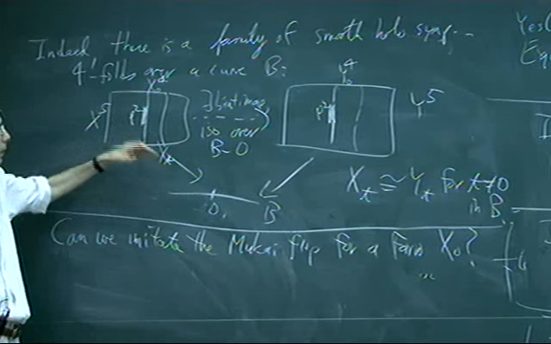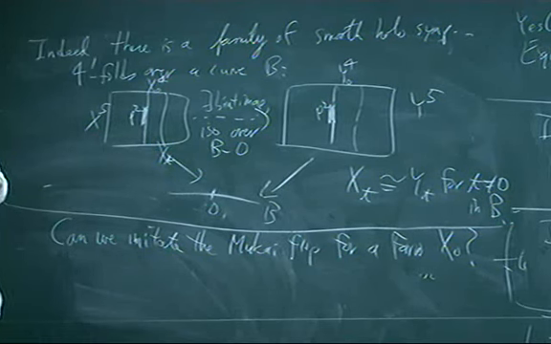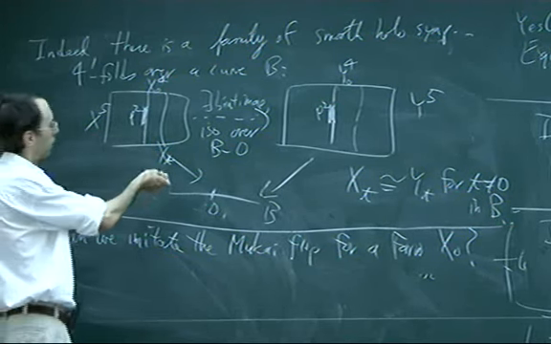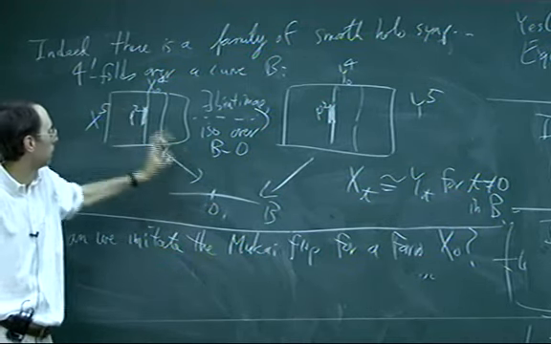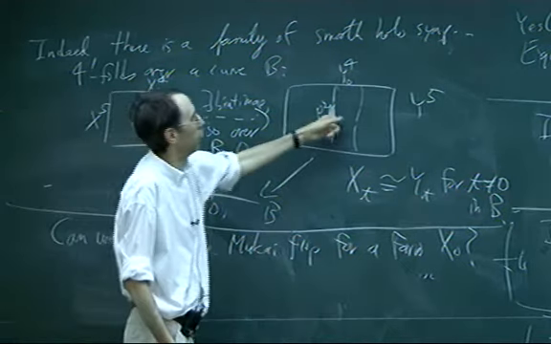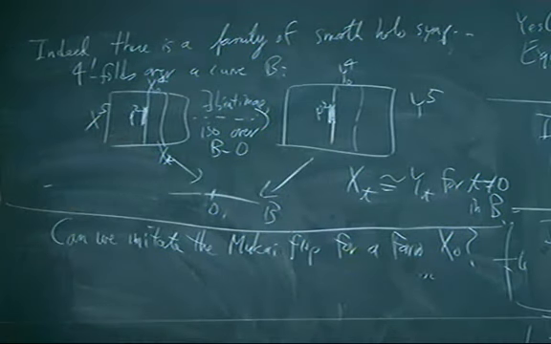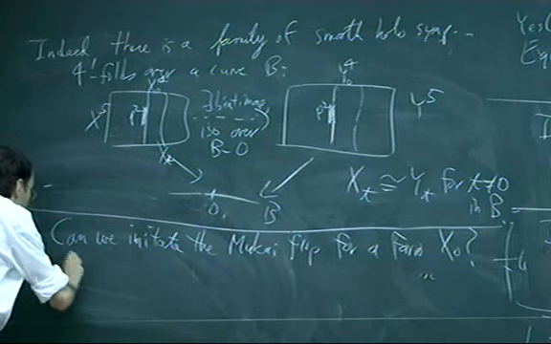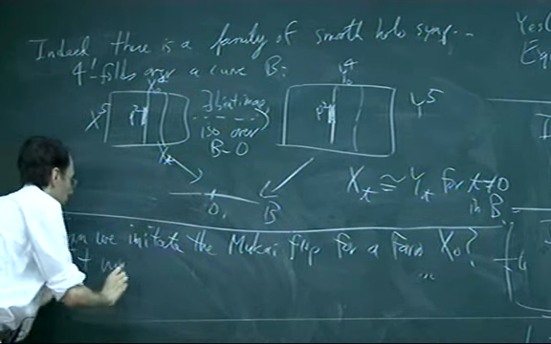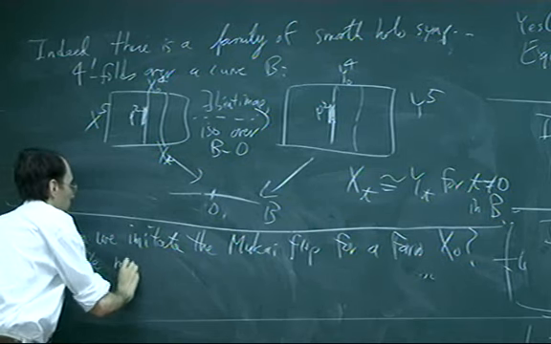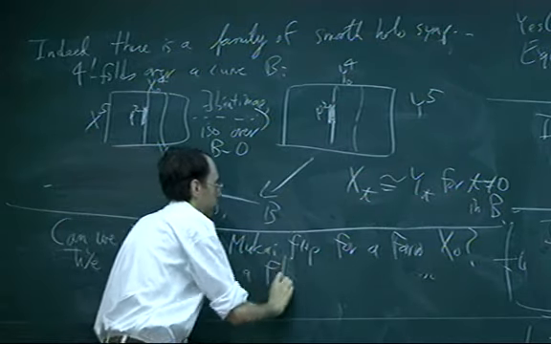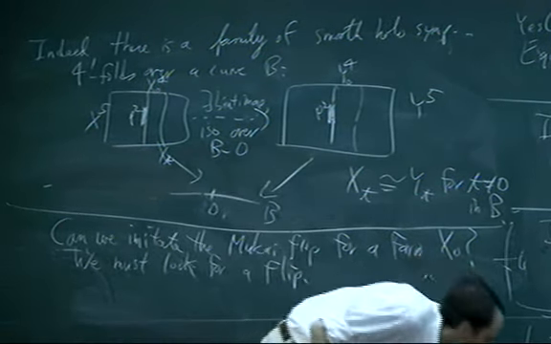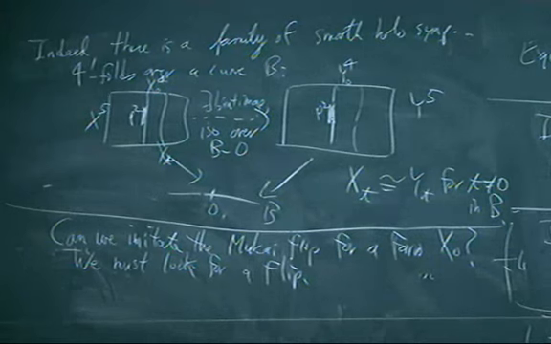So there aren't going to be any flops directly on the Fano variety. On the other hand, there obviously could be flips. You could have a K-negative contraction of some Fano variety, and you would have this flipped variety over there. So we must look for a flip, not a flop. Okay, so let me say what we're trying to do.